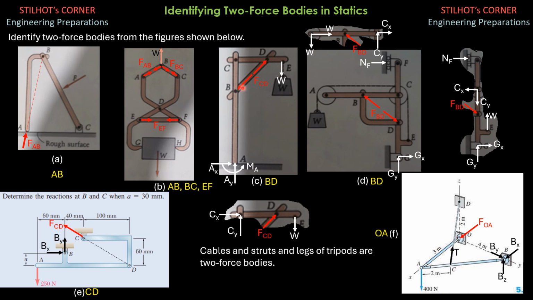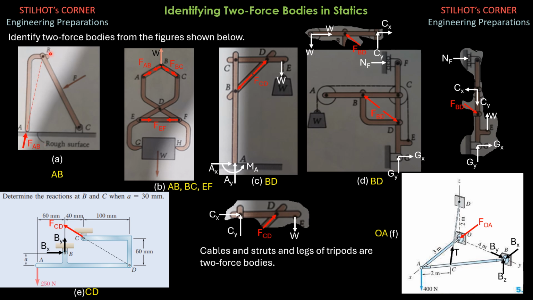So in this problem, you have to identify two-force bodies if there is or there are. For this case, we have AB, in between there's no force, and this is a rough surface. So the one end is supported by a rough surface, the other end by a pin. So this is a two-force body AB because between the ends there's no force, and FAB is directed as